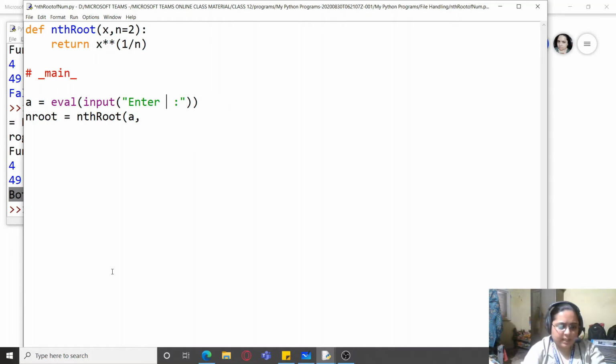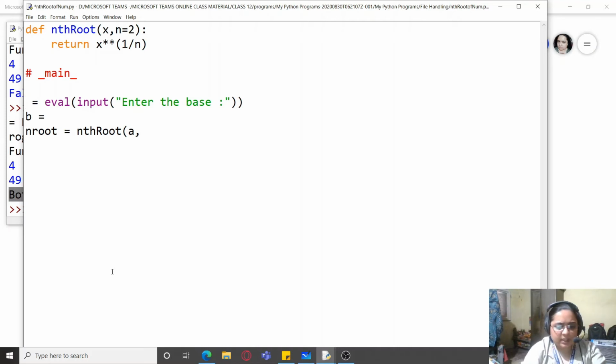So I can just write enter the base and enter the exponent, and let me give some expressive variable names here, base and ex or exponent.